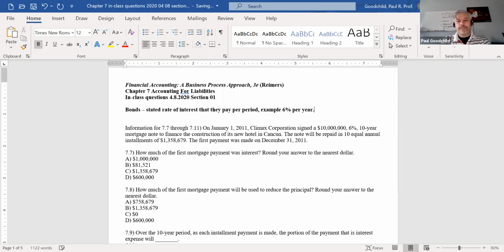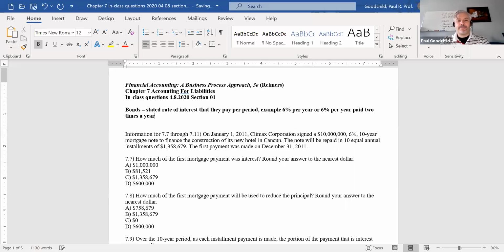Or they'll have something like 6% per year paid 2 times a year. And so that changes it slightly, but interest is paid on face value, bonds only,